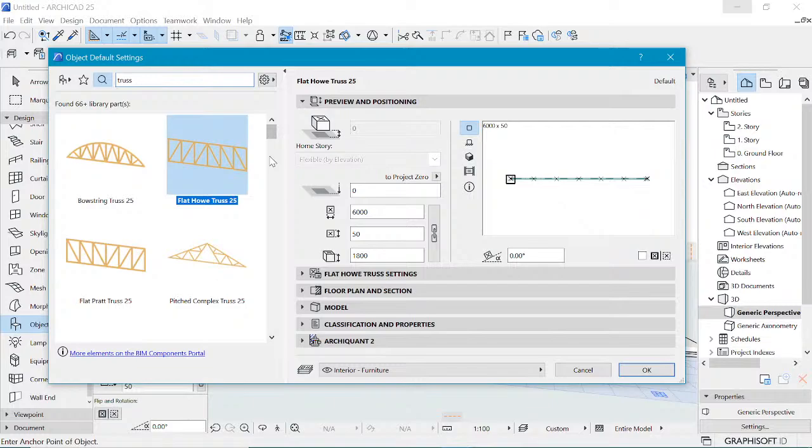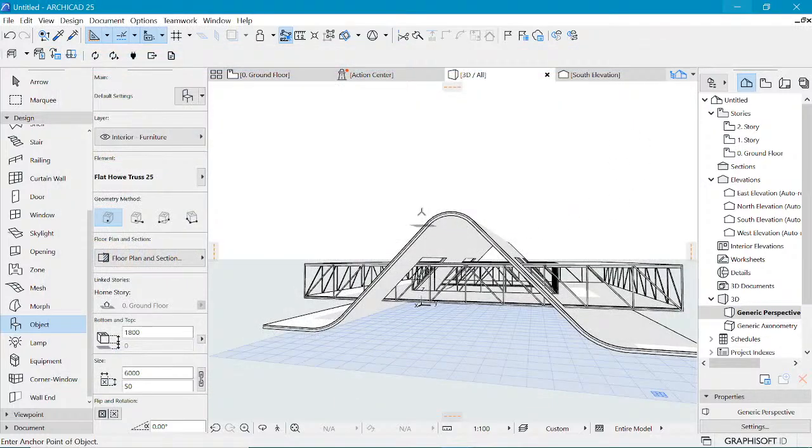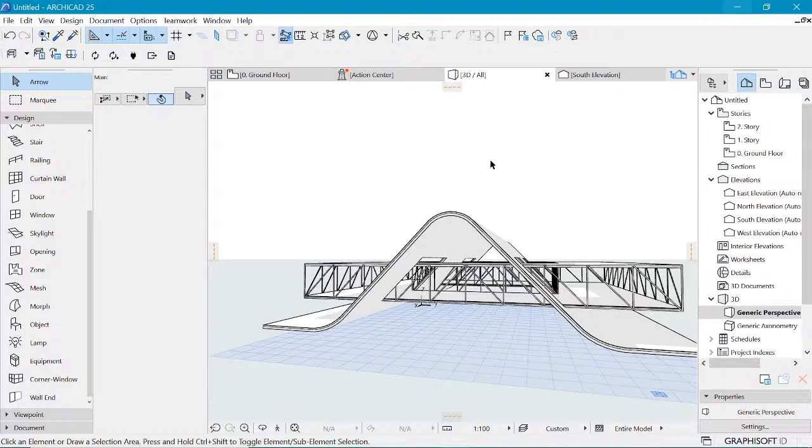So let me see. Bennett, thank you so much for joining us. So let me know if I should do that for you, and you can create your own truss. Because